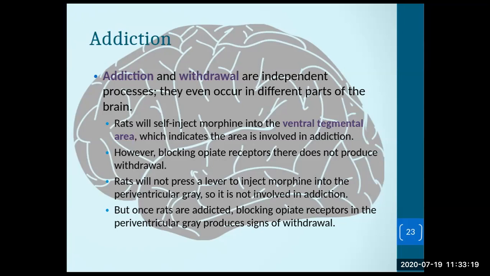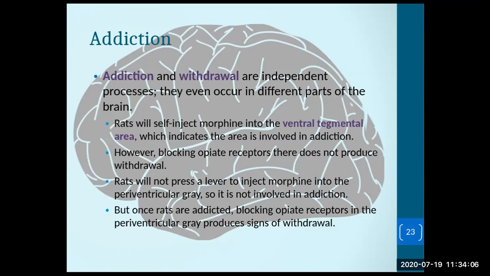And we see that if rats are given a lever to self-inject morphine that goes not to the VTA, but to this area called the periventricular gray, they don't really press the lever. So we know that that area, the pain gate, the periventricular gray, is not involved in the addiction process as far as the circuit goes. But once the rats are addicted, if you block the opiate receptors there in the periventricular gray, then you see signs of withdrawal. And you see them acting like they're in pain and withdrawing from it. So if you're blocking the receptors and the opiates are not working, you're going to get the withdrawal